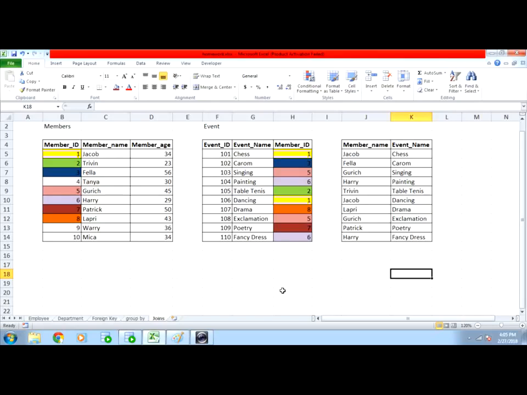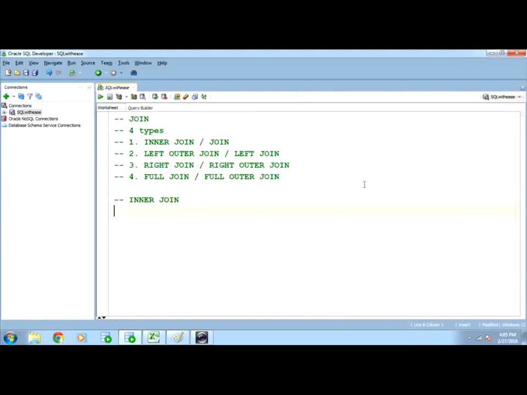Okay, let us see it practically. Let us see the syntax. While selecting, as we already know, we have 2 tables. So we will have a list of columns to be selected from both the tables. As you can see, I am writing table 1 dot list of columns, comma, table 2 dot list of columns. This specifies which columns are coming from which table.